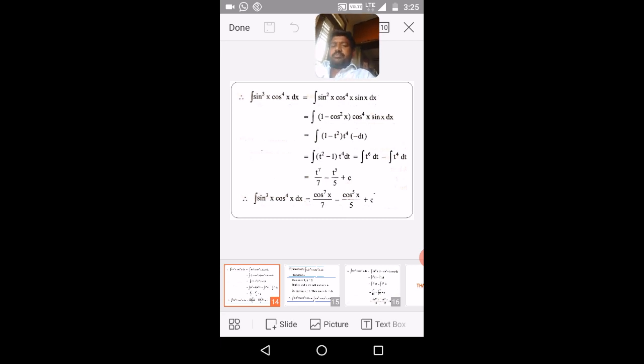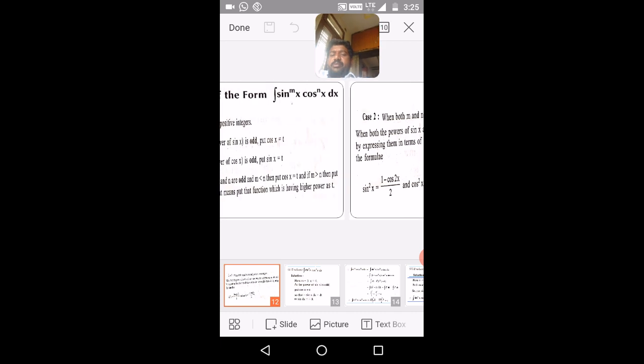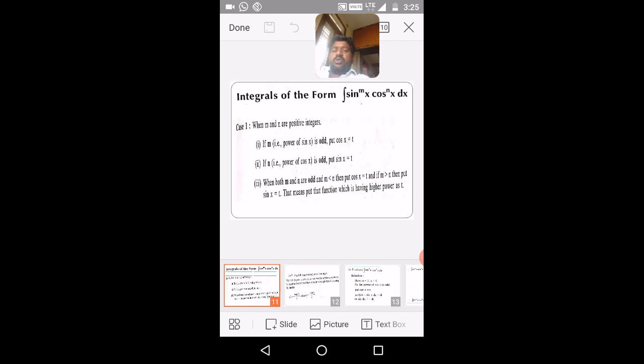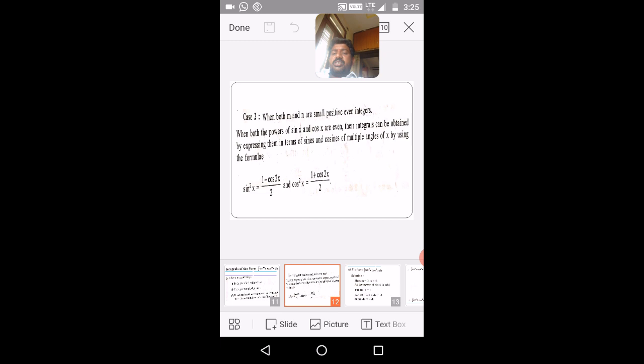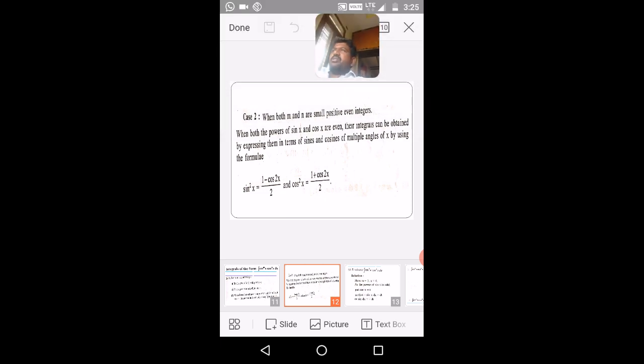Okay, like this we may find this integral of type integral sin power mx into cos power nx dx. Okay, and another case, if both m and n are small positive and even numbers. Okay, in that case you have to change sin square x to 1 minus cos 2x by 2, and cos square x to 1 plus cos 2x by 2. Okay,